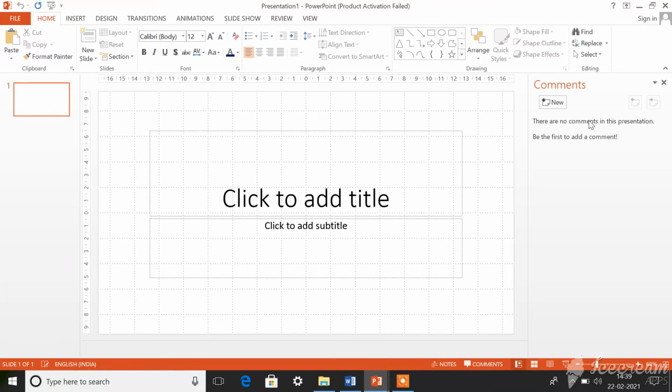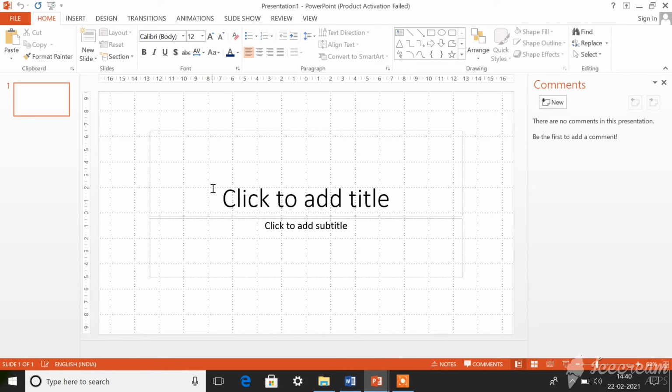this option. Okay, dear children, then this area, this main area where your slides will appear, this area is called slide pane. Okay, this is called slide pane. And can you see this dotted rectangular structure? This dotted rectangular structure is called placeholder. Okay, so this is to hold text, images, and whatever you want to insert in the slide, that will be placed in this placeholder.